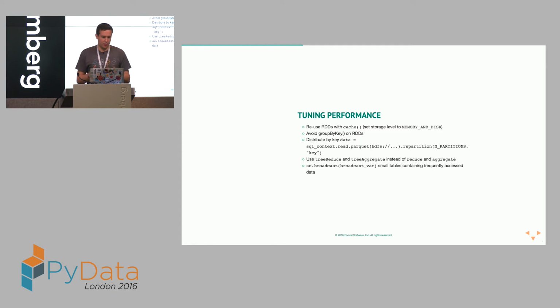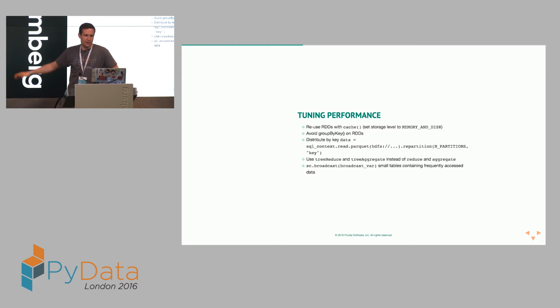Another thing is you should avoid group by key whenever possible, because this requires all values for a single key to fit into memory. And this will actually not happen if you use a data frame group by key, because it uses an optimizer, like in a database. And one thing I don't think enough people know about yet is that you can actually distribute data by key now since Spark 1.6. This is a really important feature because